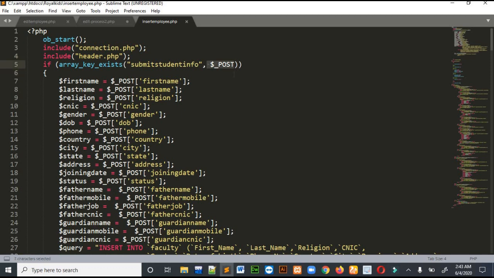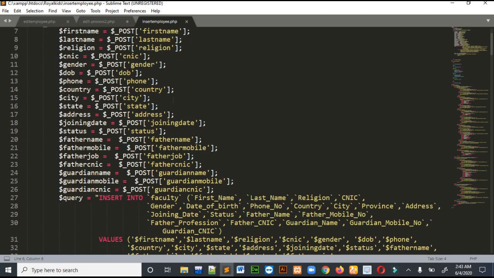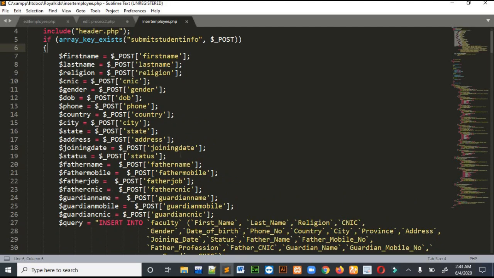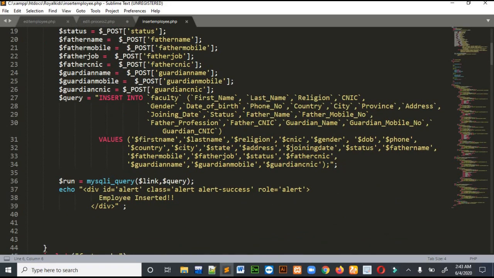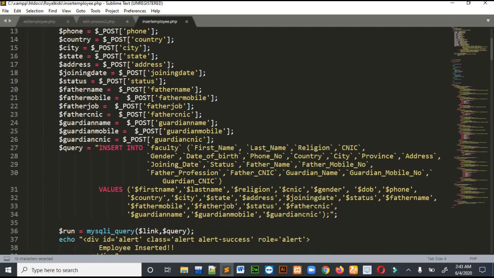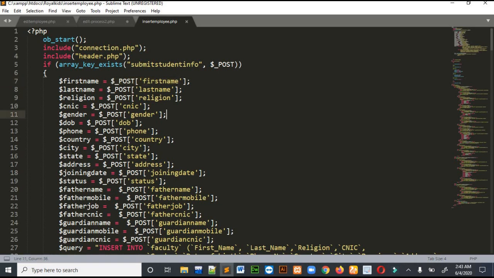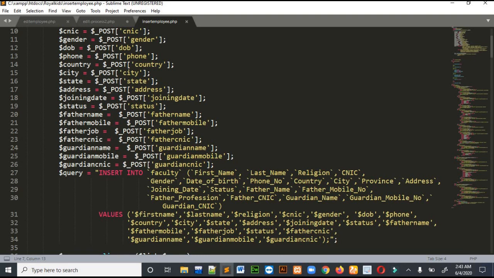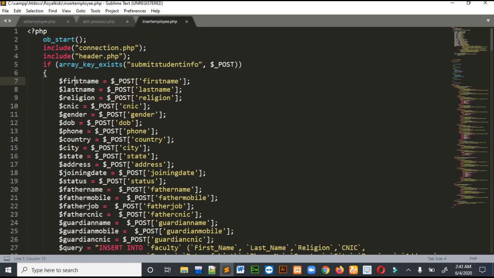then it will post the information. Now there are two ways to write the query that will insert the data into the database. You can post all the information directly into the query, or you can post the information into variables, and then insert into the database using those variables. I used variables to insert data into the database because it is easy and more efficient, with fewer chances of error.